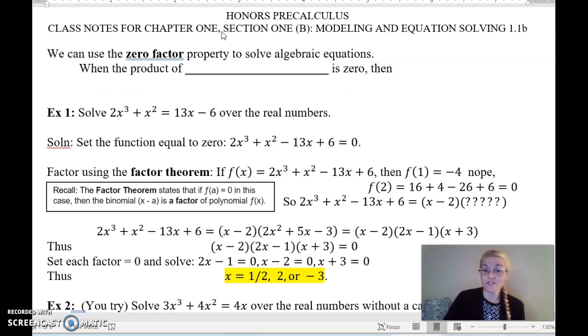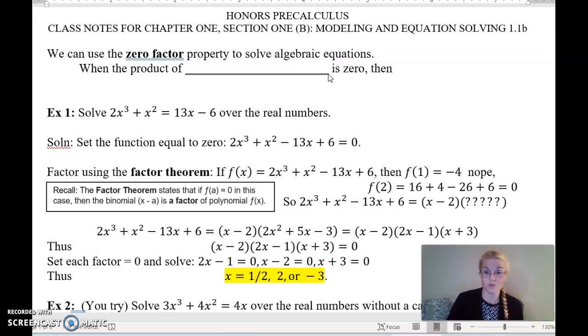And now we're going to finish Chapter 1, Section 1. So we're going to be looking at equation solving. Last time we looked at modeling. Today we're going to be looking at equation solving. So before we jump right into solving equations, one of the most common things we use to solve equations algebraically